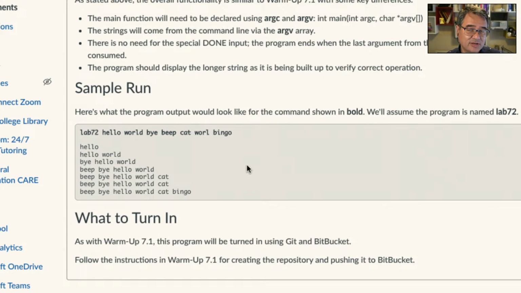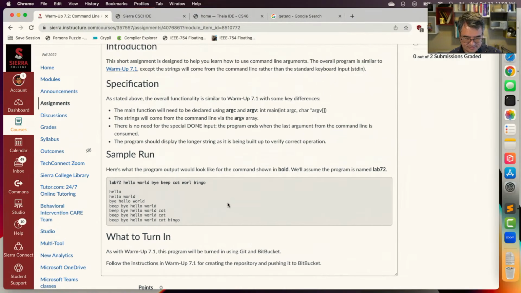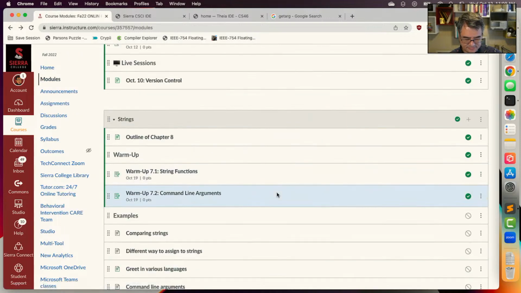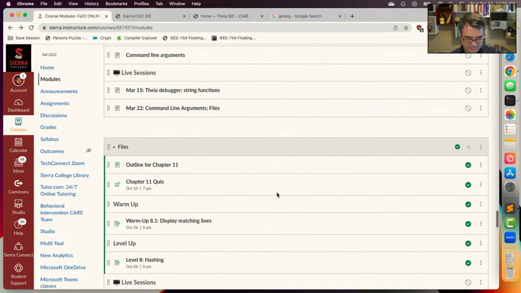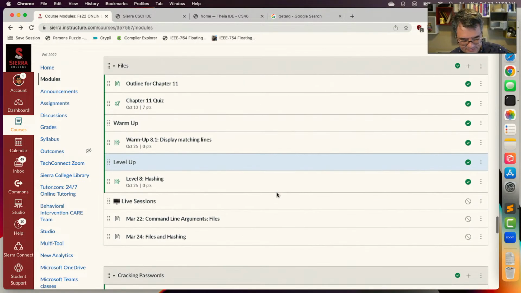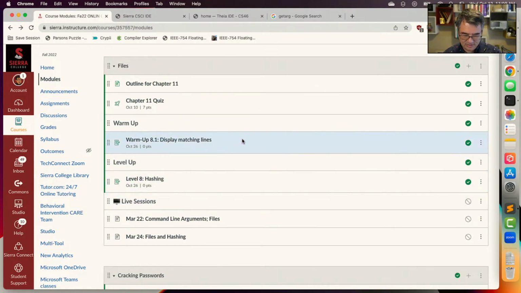So you'll put this into the repository, you'll commit it and push it, and then make sure to add me to the repository so I can see it, and then you just turn in the URL to the repository, and then I can go and fetch it from there. So that's the assignment for that one. And then finally, if we've got some time, probably we do, we can look at this assignment here,